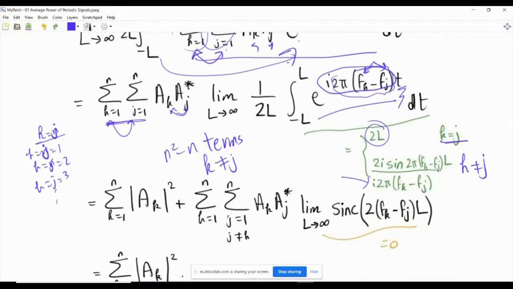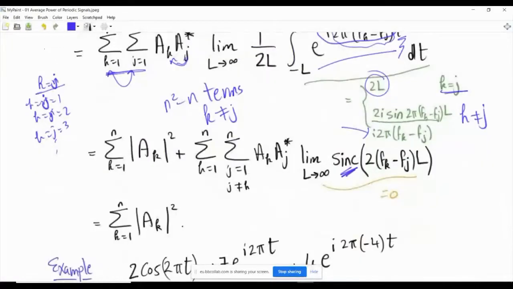And then you have a sine over something, and we express it in terms of the sinc function. If you don't know the sinc function, it will come later in this lecture. There are two definitions for the sinc, and we need to agree upon the definition that is used in this course. So it will come. Let's not get ahead of ourselves. So this sine of 2 pi (fk minus fj) L divided by this thing will be the sinc, and the argument of the sinc